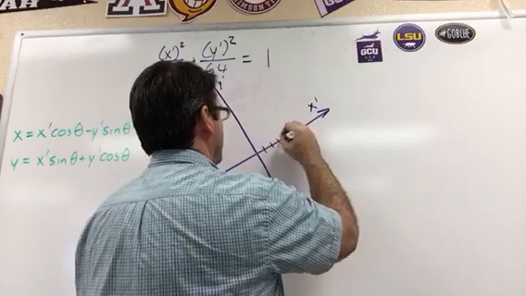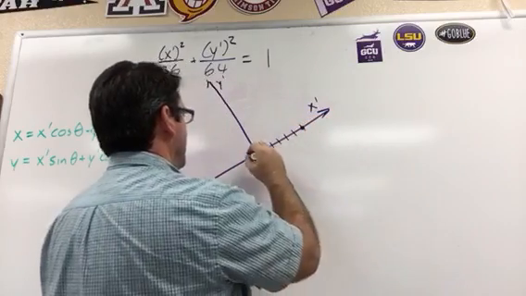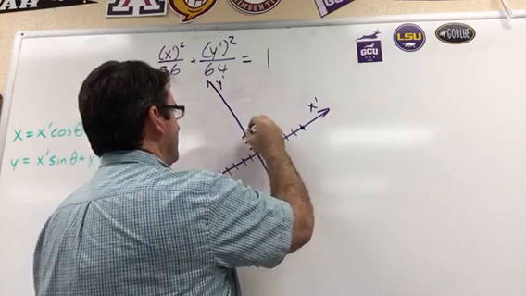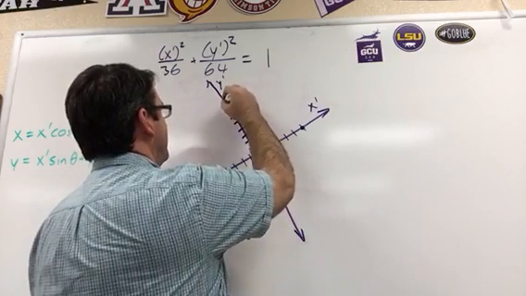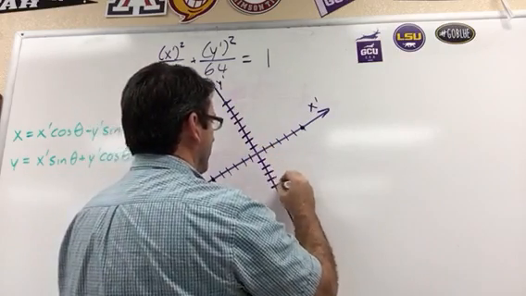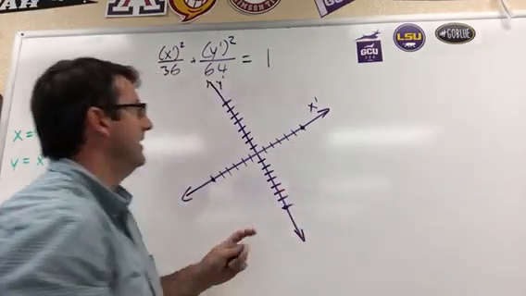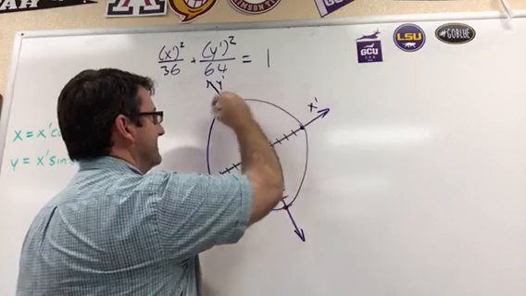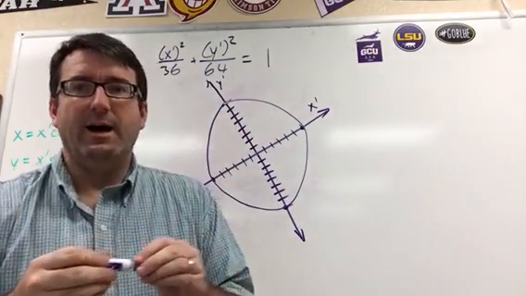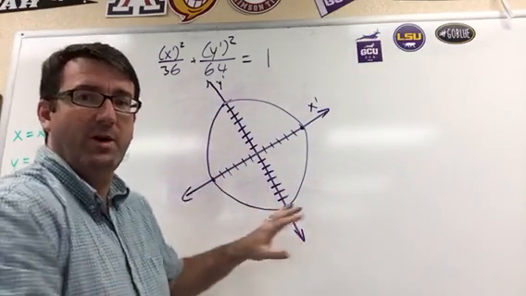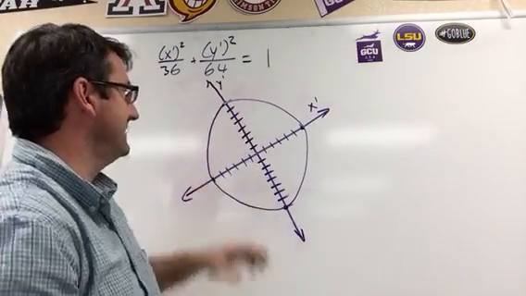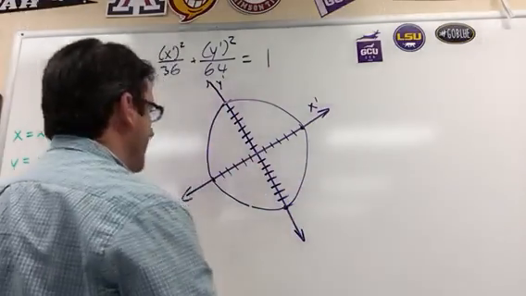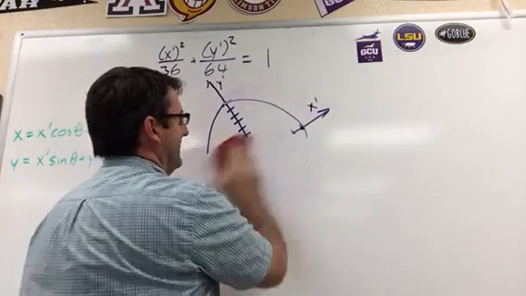And so 1, 2, 3, 4, 5, 6, and again 1, 2, 3, 4, 5, 6, and then 1, 2, 3, 4, 5, 6, 7, 8 in each direction. These are our vertices, and we can draw that ellipse like this. All right. But what the question is wanting us to do is to draw this ellipse, but on that xy axis. And so what we have to do there is